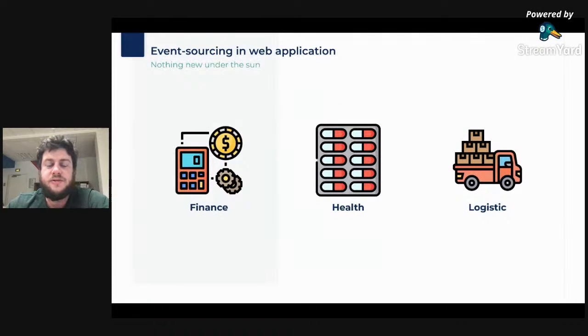Event sourcing is not a new pattern for web application development. It has been around for quite some time now. Like we see for this example for financing account, but for accounting as well, accounting operations are an event sourced system. But for health as well, for example, where your medical records consist of various inspection reports of your current health state, rather than every time a doctor comes to you, removing all the previous reports that were inside your medical record and putting the last one corresponding to your current medical state.